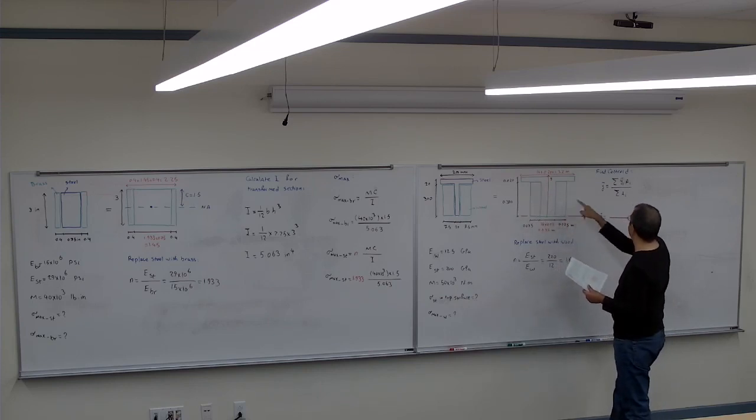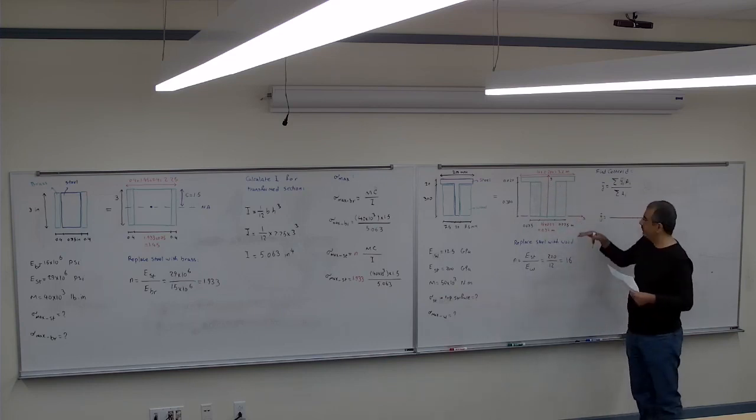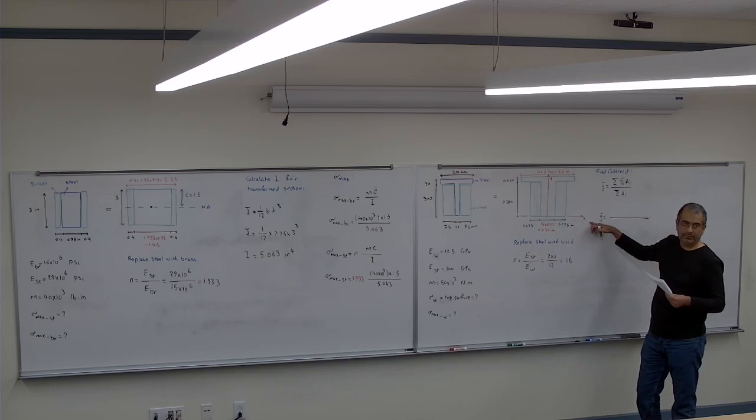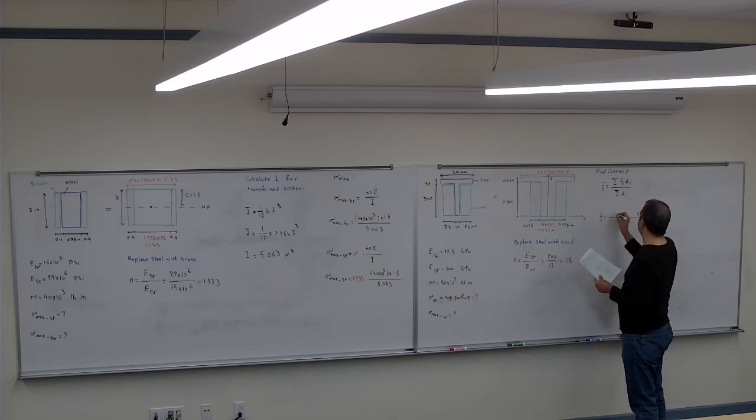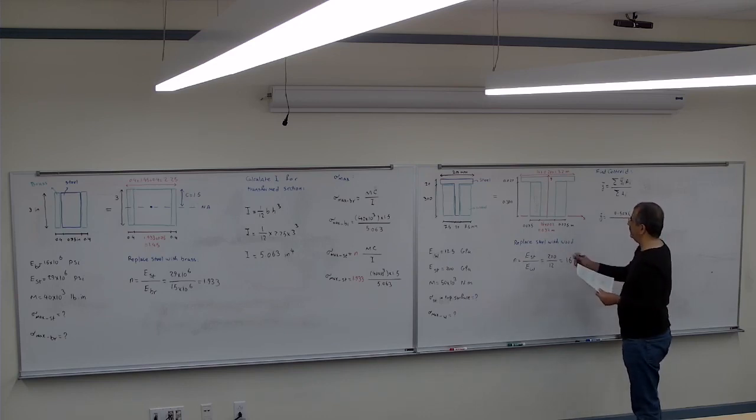How much is the y bar for the bottom one? From here, it's going to be 150, correct? It's going to sit at 150. But the y bar is 150 times the area. The area is going to be